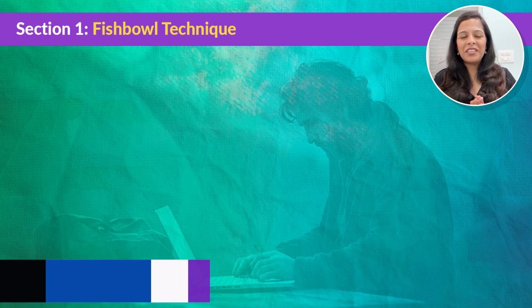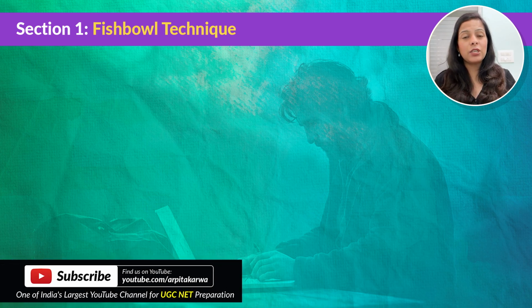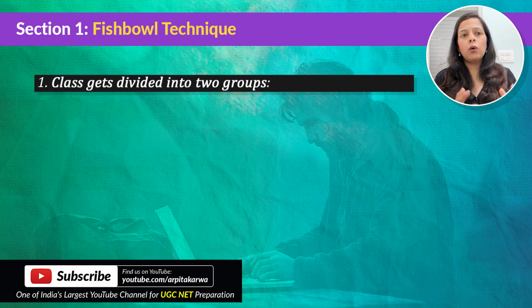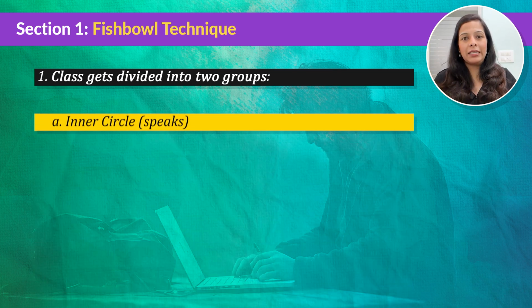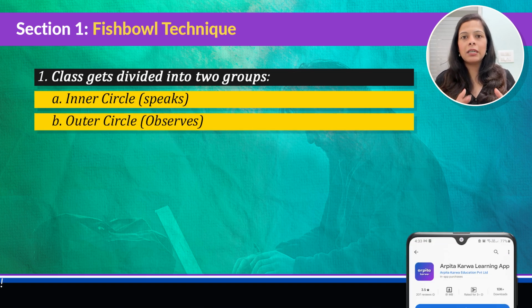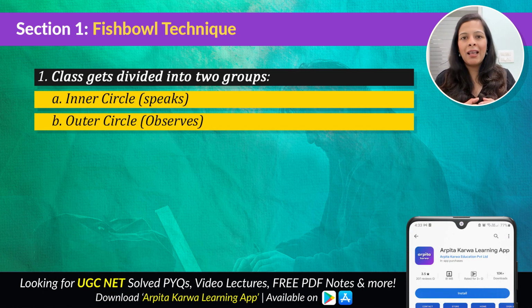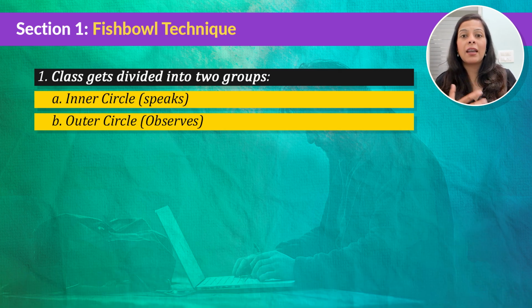Okay, so without any further delay, let's jump right into the first technique, which is known as the fishbowl technique. Now, if you want to understand what a fishbowl technique is, just remember a group discussion. If you've ever seen a group discussion or you have participated in one, the fishbowl technique becomes extremely simple for you to understand. It's a classroom discussion method where students are divided into two groups. There's an inner circle and an outer circle. The inner circle is a small group of students who sit in the middle and have a conversation on a given topic. They speak freely, build on each other's ideas, and try to explore the topic in depth.